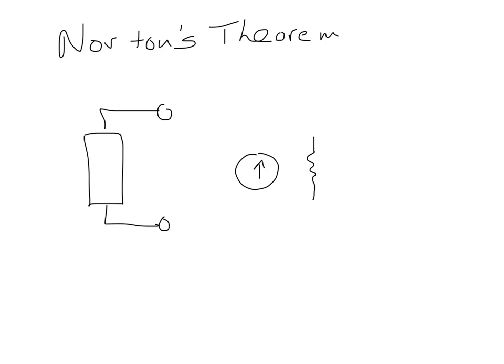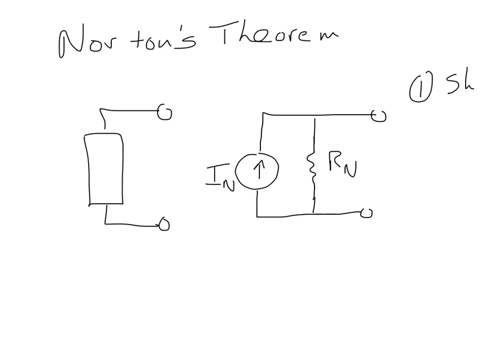But the new thing is that the resistor and the current source are in parallel and not in series. And so to find the result here, the first step is a short circuit to find the current I_N, because if we put a short circuit between the two nodes, we just get I_N directly. And then